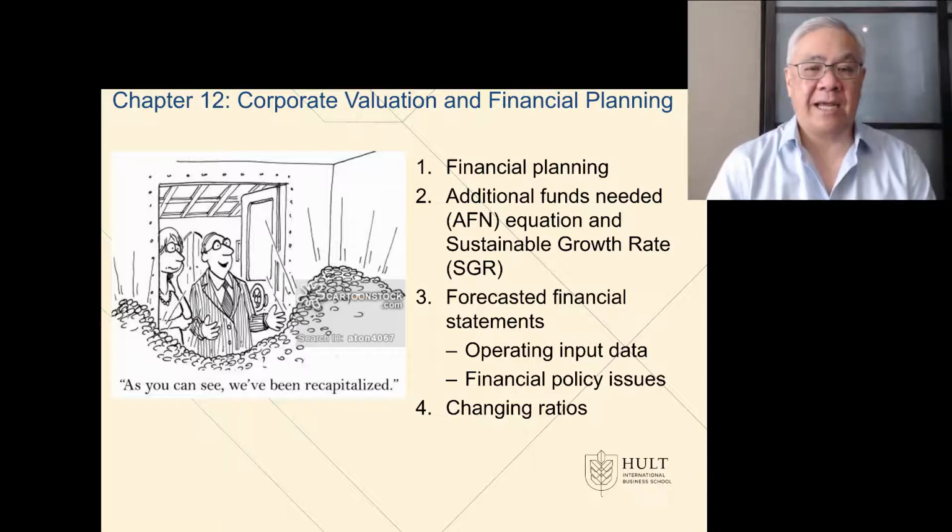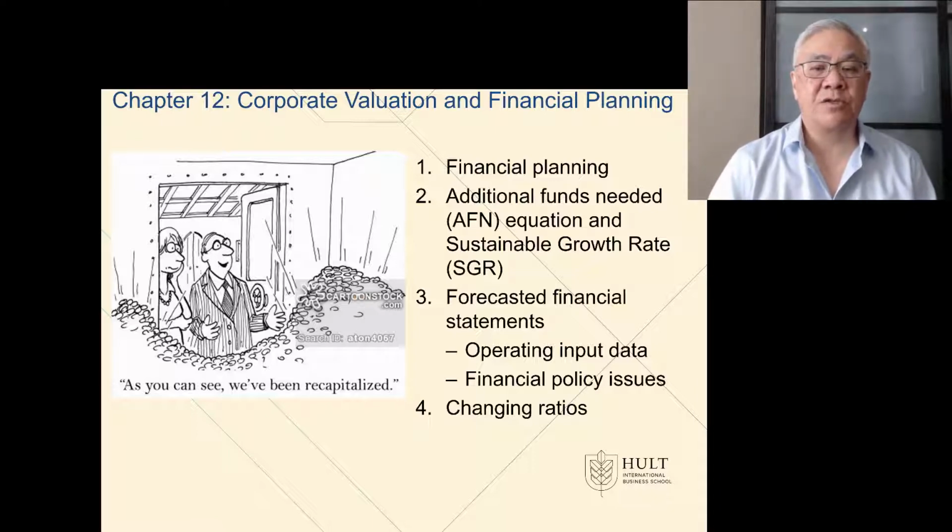The topic that we're covering today is Chapter 12, which is Corporate Valuation and Financial Planning. And we're not going to do every single bit of it, but we'll talk a little bit about the key aspects of this chapter. Those being some of the tools that we use, such as additional funds needed and sustainable growth rate. These are simple tools that we can use to get a quick feel for how the company is looking going